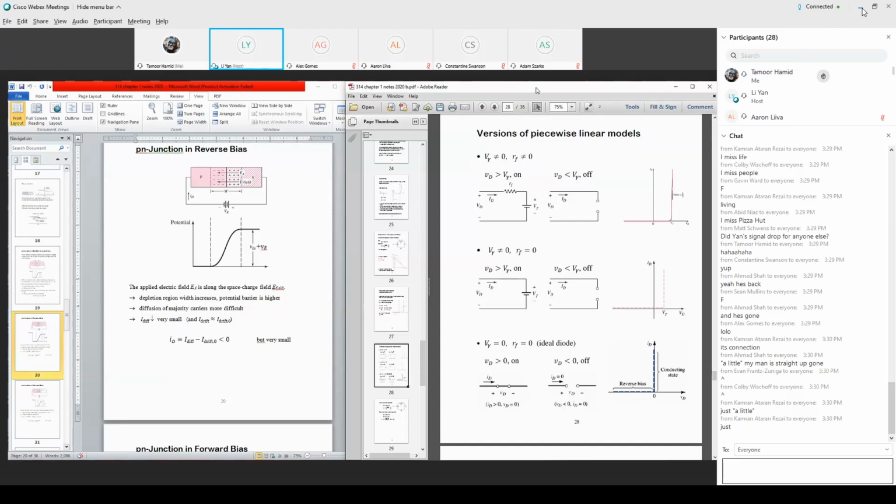Professor, yes, please. I have a question about what the voltage and current here mean. Does that mean for any given voltage, that will be the amount of current that will flow through, or that amount or less will flow through? Or is this the amount of